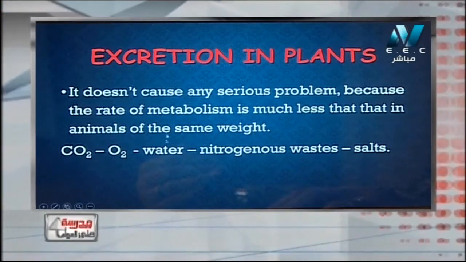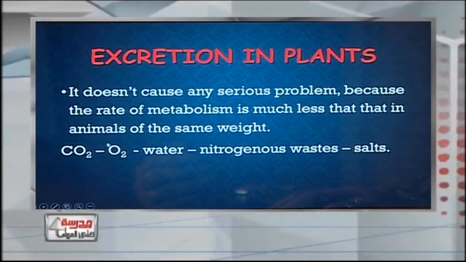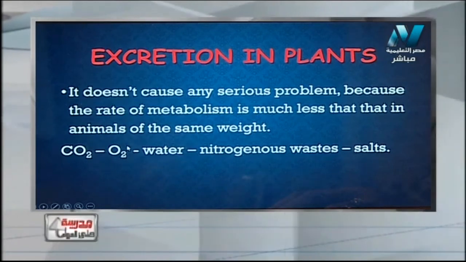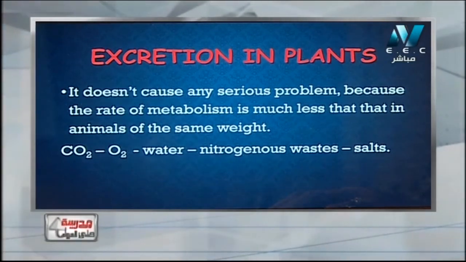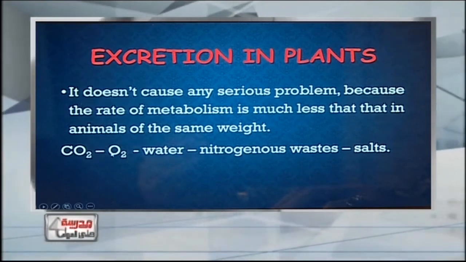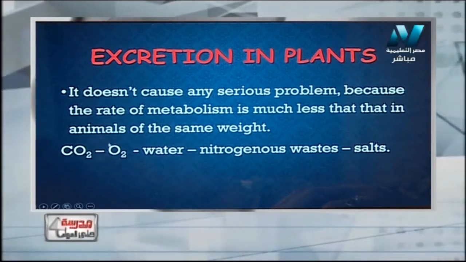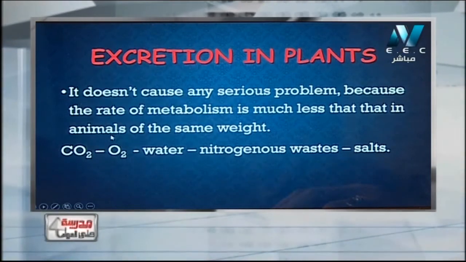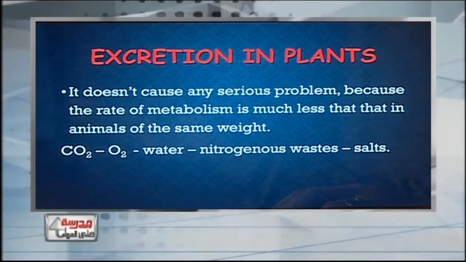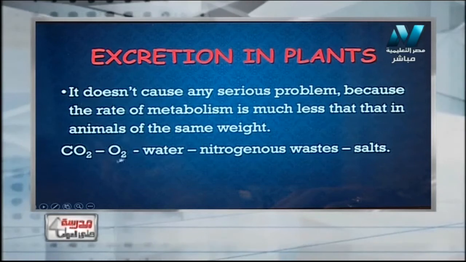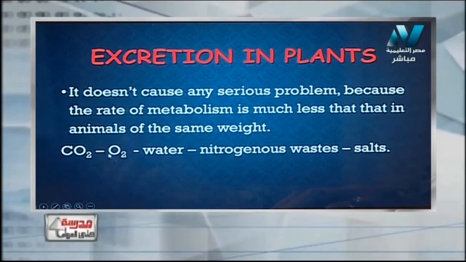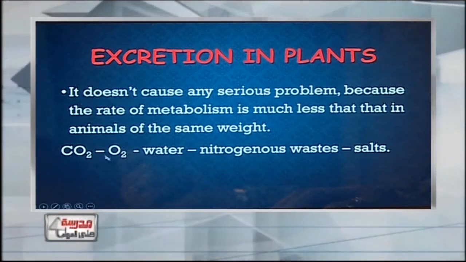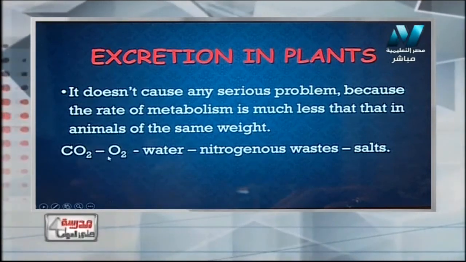But during photosynthesis, the plant produces oxygen. Yes, that's right. So the plant can either use this great amount of oxygen in respiration, or let this excess oxygen go out through stomata with transpired water, to be expelled out of the plant through this device, which is a stomata. So the excess amount of oxygen can go out of the plant through stomata.